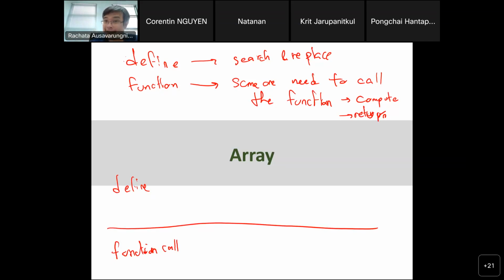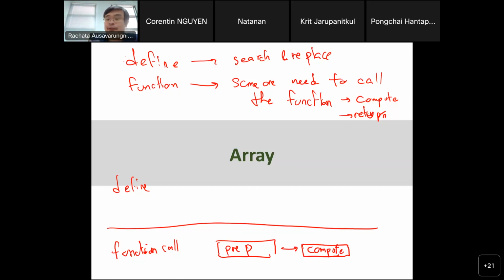When you have a function call, the OS will run your code, and when the code sees the function call, you need to first prepare for the function call. We'll learn how this is done when we go through assembly, the third module of this class. Basically, you need to prepare the function call, followed by compute.